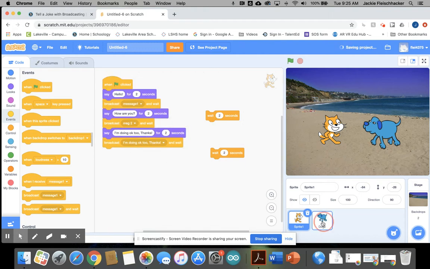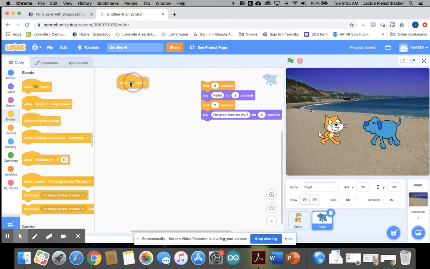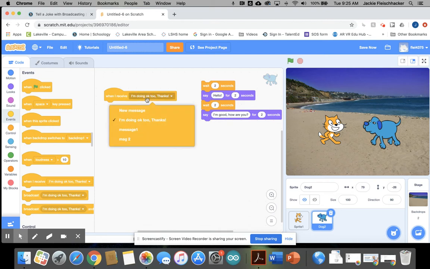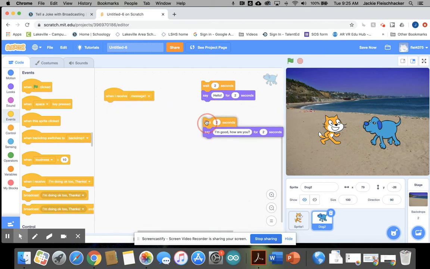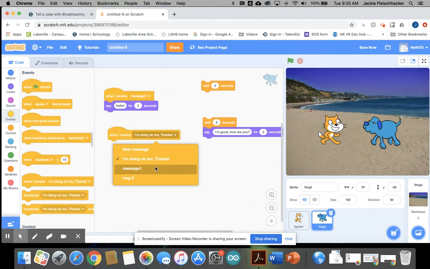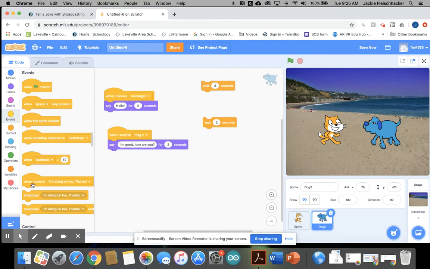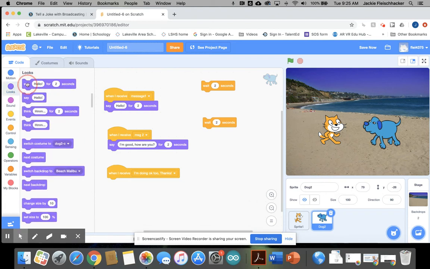So with my dog, my character 2, I wouldn't have a flag block. I'm going to be using this when I receive. You can see how that one's rounded. That means that this is a top block, just like with the flag or when the key is pressed. So when I receive message 1, I want him to respond with hello. And then I can do when I receive the second one, message 2, I want him to respond with that. And then maybe I'm doing an okay thing, so he receives that, and I want him to say,